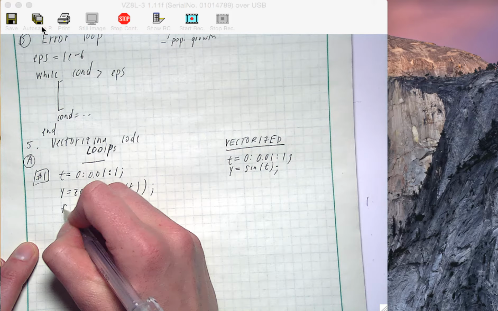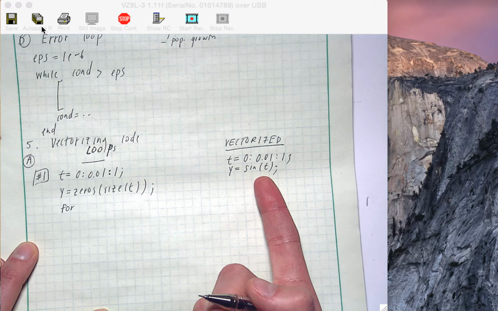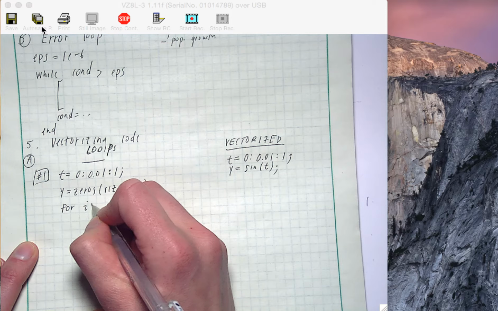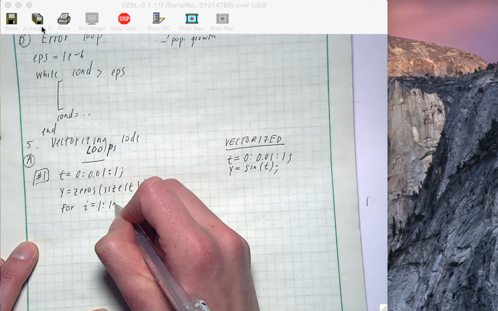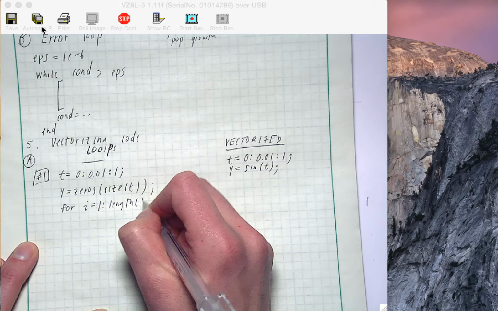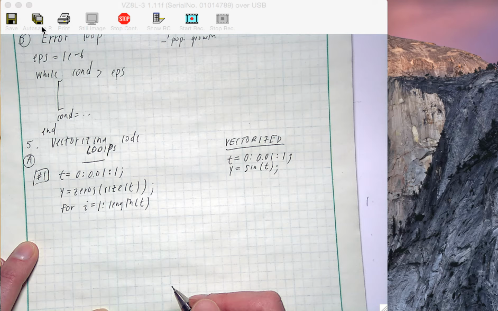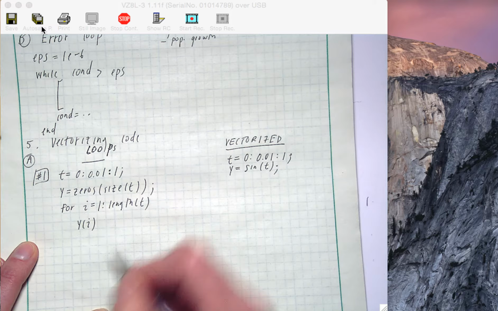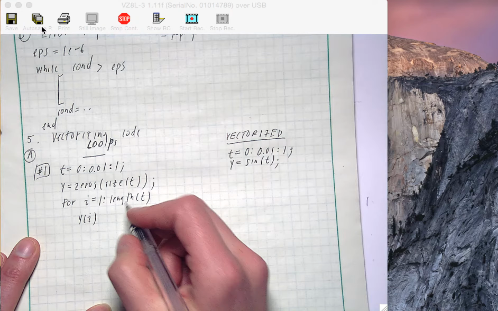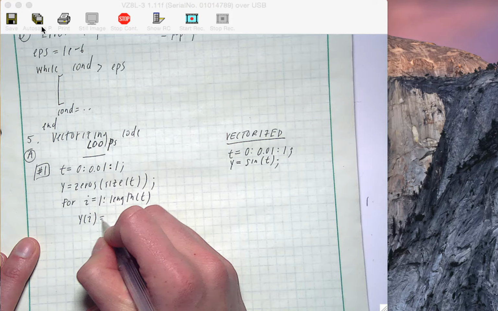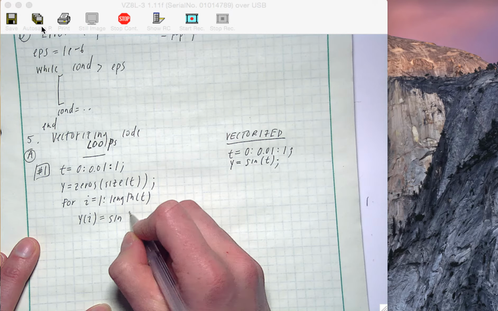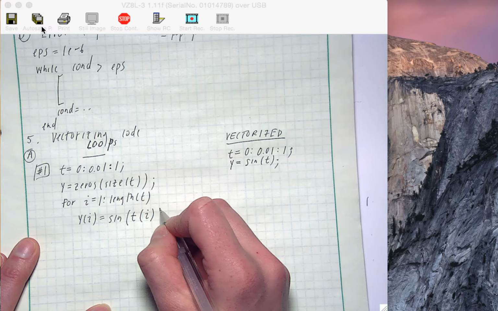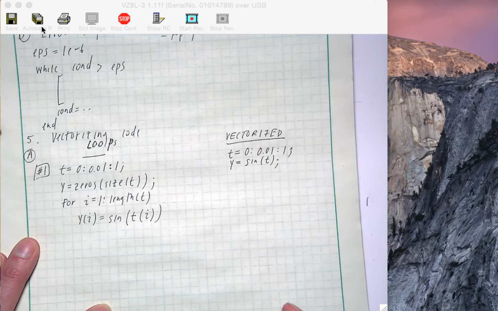Then you create a for loop that repeats this calculation of sine of t for every t value. So you're going to set up an index that goes from 1 to the length of t. And then you will just index y with your loop index. You will do the calculation, which is sine of t, but you must index t with your i index,